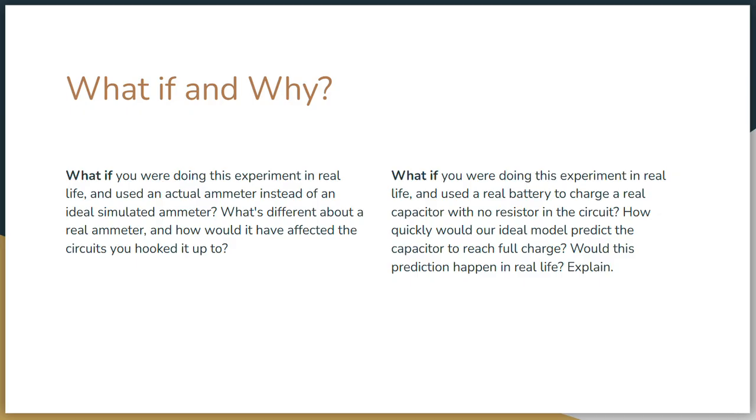So for our second question, if we were to plug a resistance of 0 into our equation, the time constant would be 0 seconds. So our ideal model predicts that the capacitor would charge 100% instantaneously. But in real life, we can't have 0 resistance, so even without a resistor component, real copper wires would have some resistance, and the real battery cell has an inherent internal resistance, which means the actual time constant would be slightly above 0. The capacitor would charge fast, but not instantly,